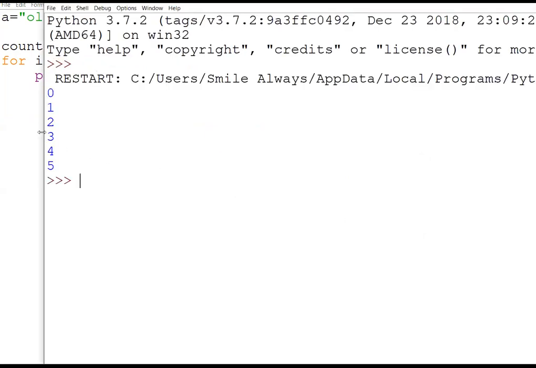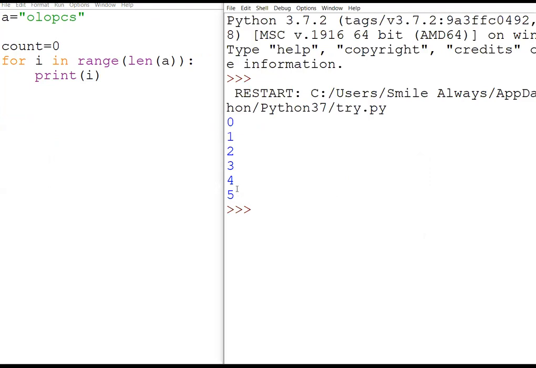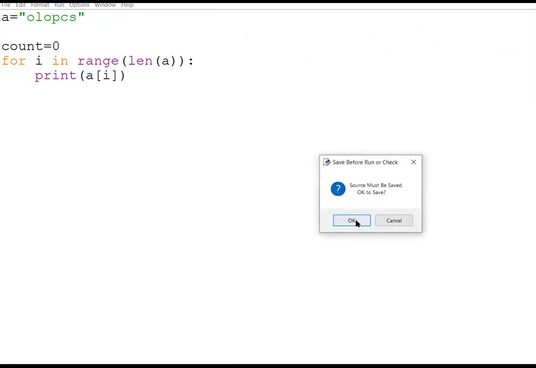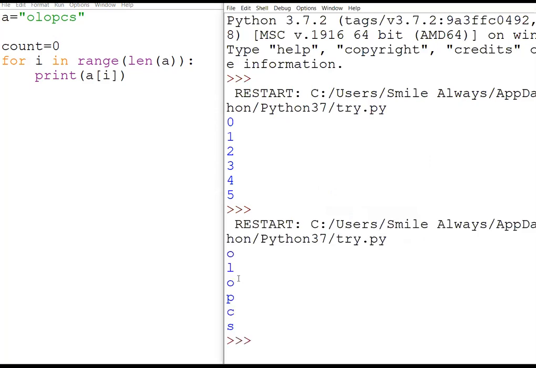From 0 till 5. So ultimately I'm getting all the indexes. Now, instead of indexes, I need to print the value at that particular index, so I write A of i, and if I execute this, you can see it is printing OLO PCS.